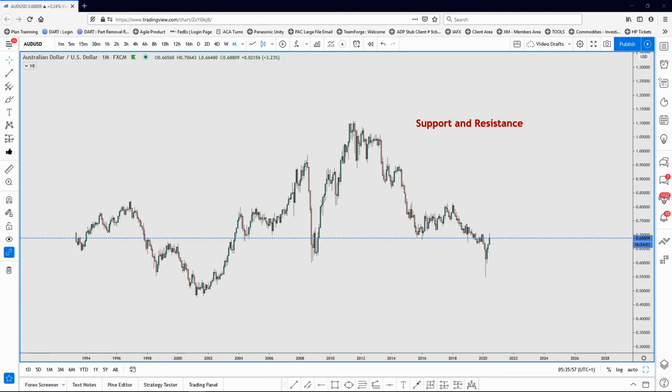Okay, today we're going to study support and resistance. Many of you have maybe heard about support and resistance, maybe some of you haven't. But when I learned to find support and resistance this particular way, it opened my eyes. And it also took me many years to discover this information, and now I'm passing it on to you. You're lucky because you're going to learn this really early in your trading career, and you're going to save yourself